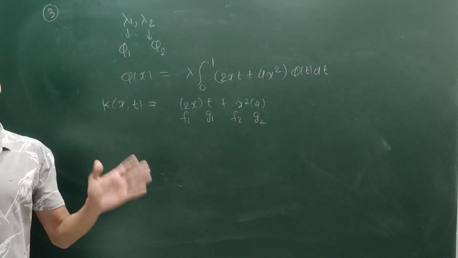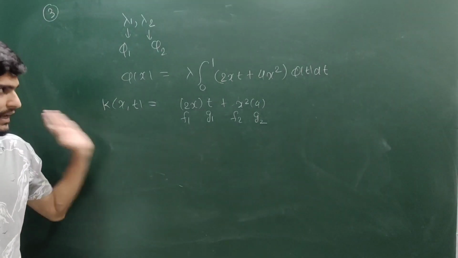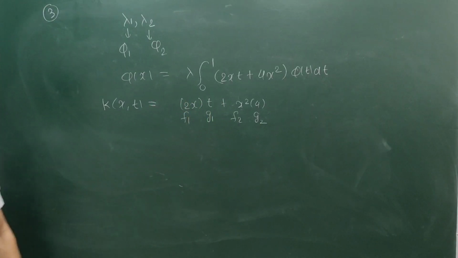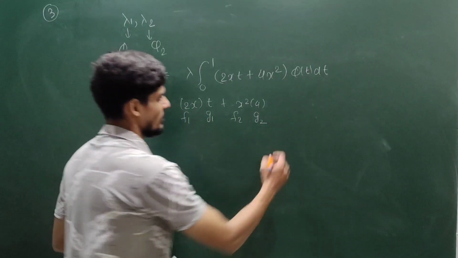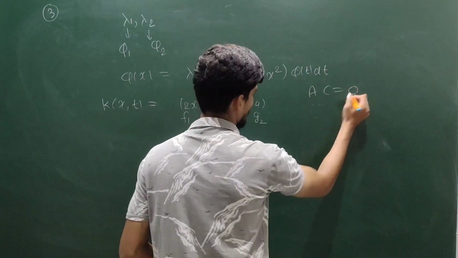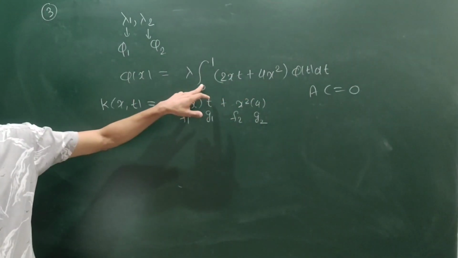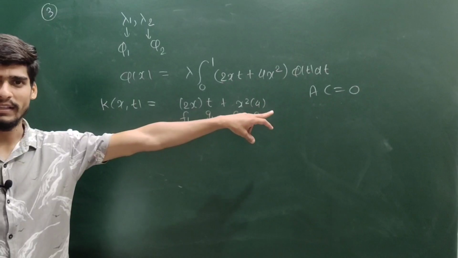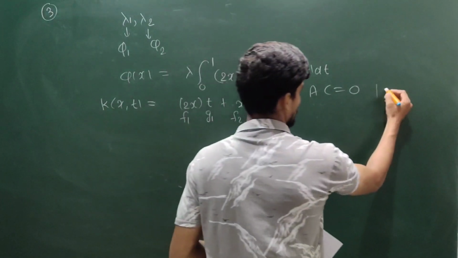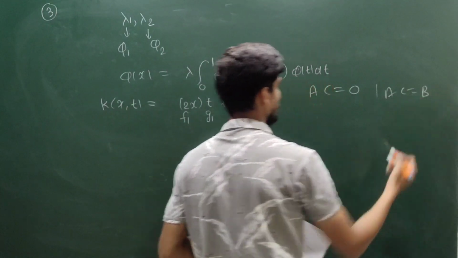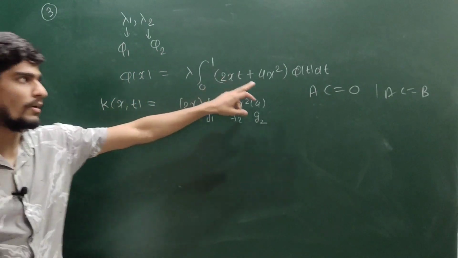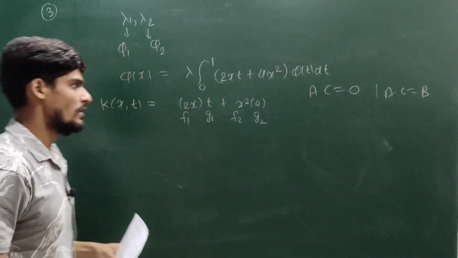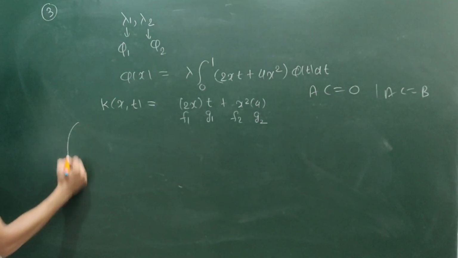So we have the method by the application of linear algebra, or the system of equations. The system is given by AC equal to 0 in the case of the homogeneous case. But if you do not have a homogeneous equation, you cannot apply this method. You have to write the system AC is equal to B. So your equation is homogeneous, so our system will be AC equal to 0. Now let me write the system AC equal to 0.